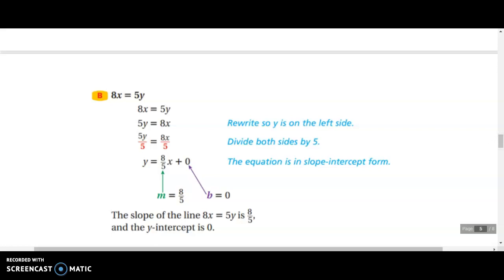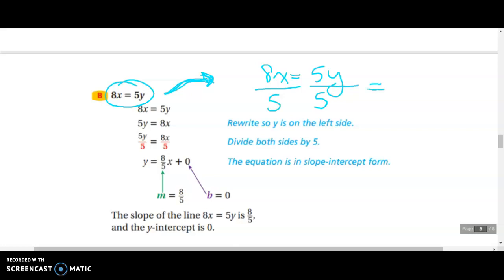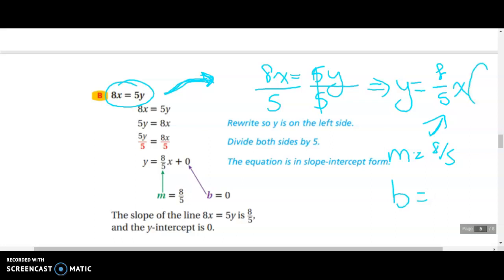Now on this one, we notice that we're not in slope-intercept form. In order to identify the slope and the y-intercept, we need to be in slope-intercept form. So first we need to solve for y. If we have 8x equals 5y, in order to solve for y, we divide by 5, and now this becomes y equals 8/5 x,